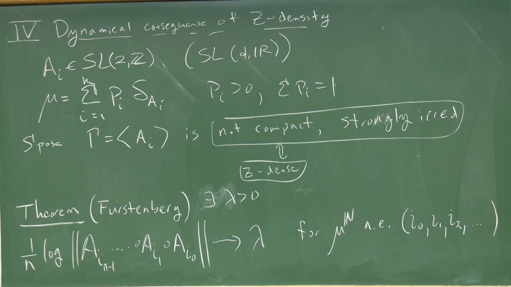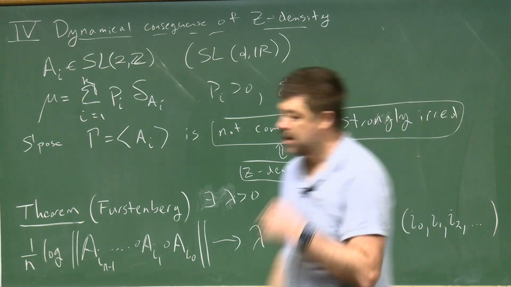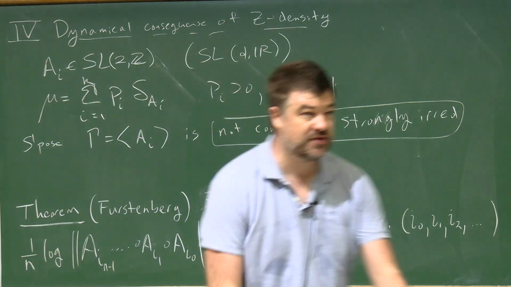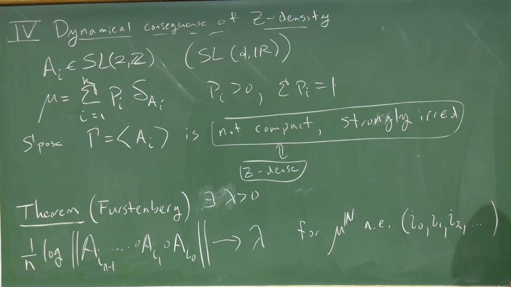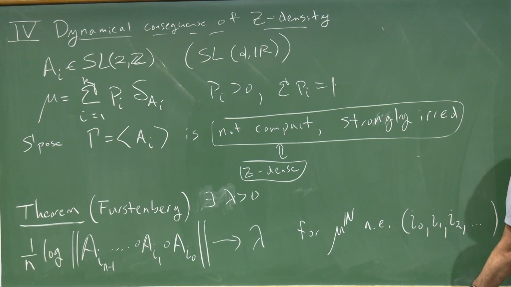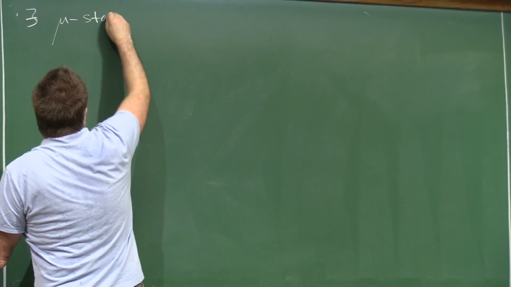Certainly people at IMPA who have taken classes with Marcelo, I'm sure know this theorem. It's definitely in Marcelo's book. And one way to prove it is using what's called the invariance principle. But there's a little bit more structure that comes out of Furstenberg. Not only do you get this positive Lyapunov exponent, but you actually get something that sort of witnesses it. So there exists a mu-stationary